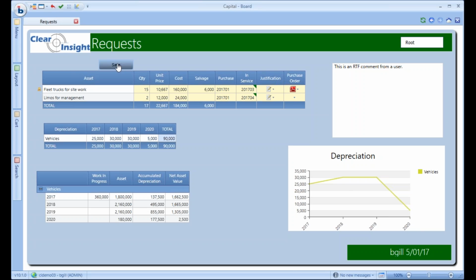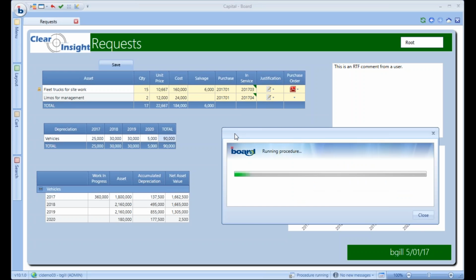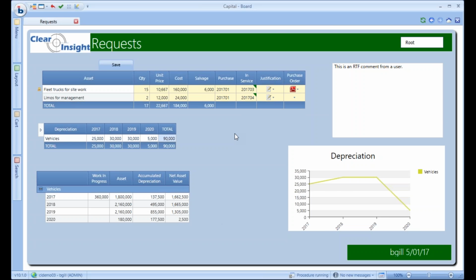expiry. Anytime I click my Save button, it's going to recalculate the depreciation. So because we made a change to the underlying cost there, you'll see all the numbers change. So in that few seconds there, it did all the recalculations for all the different accounts and refreshed the screen